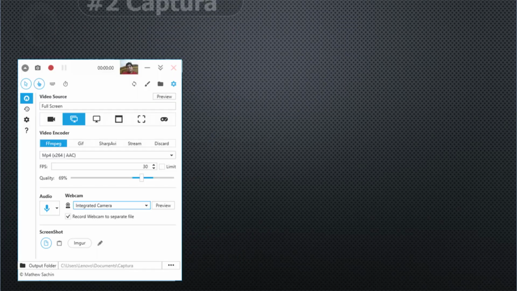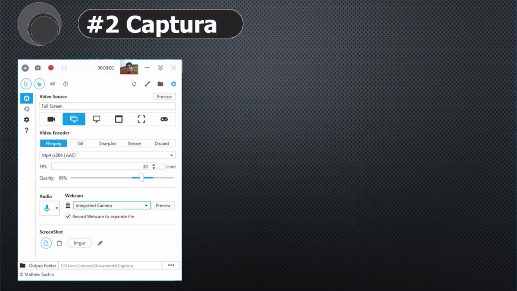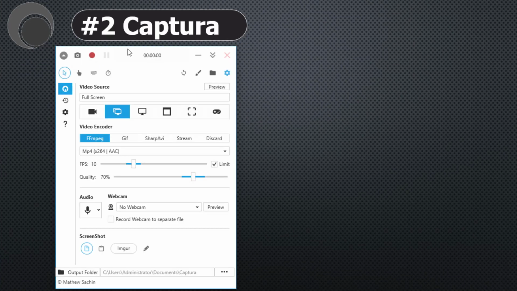So we will look at how this software works. The interface of Captura is shown to you. We will look at a live demo of this software too, very briefly. As shown on the screen, Captura has the given interface. If you want to include the cursor, we have to check this icon.